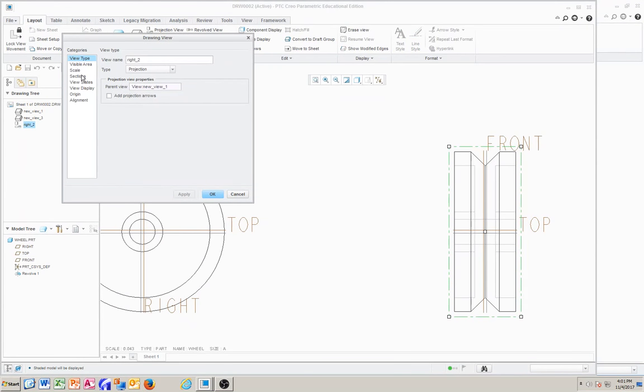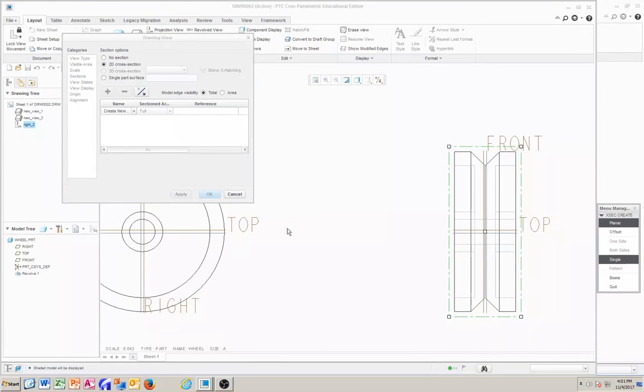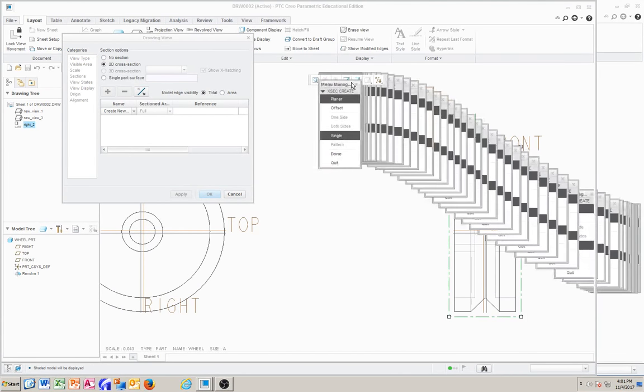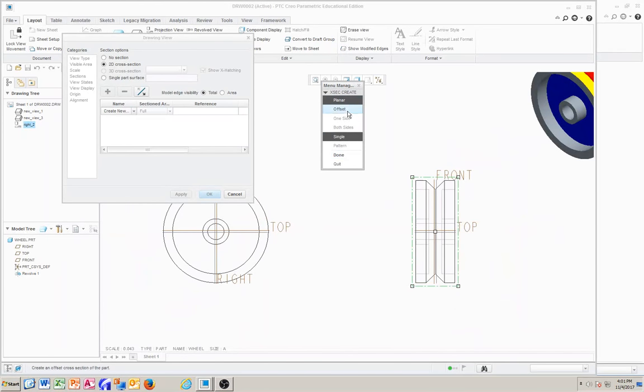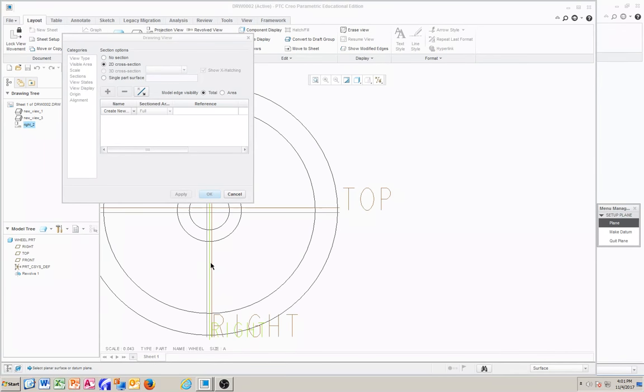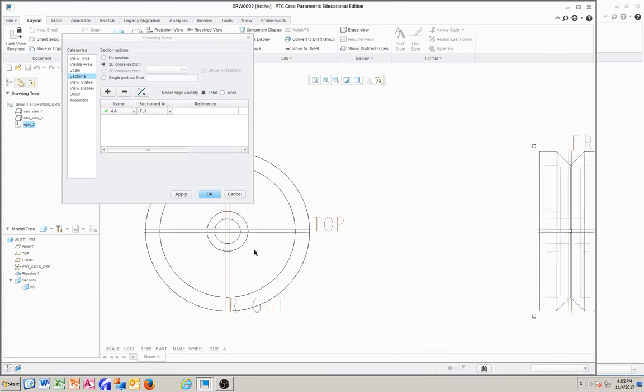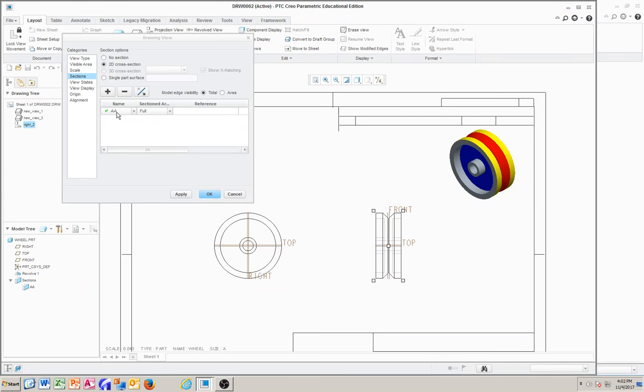Then I'll go to section 2D add, and it's going to ask us planar, single. Yes, done. And then we give a section view name, we call it section A, or it says AA, no problem. Section A, it says which plane. Let me zoom in, you can see that there's a green line. That's the plane we wanted to look at. And there we go. When you see this green check mark, that builds confidence that we did this